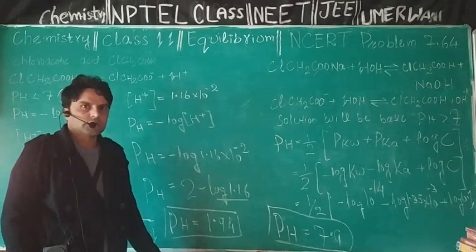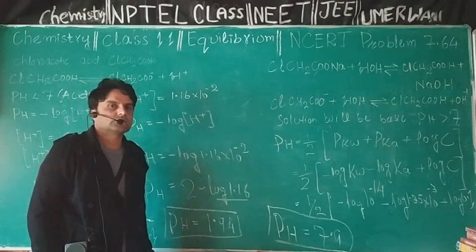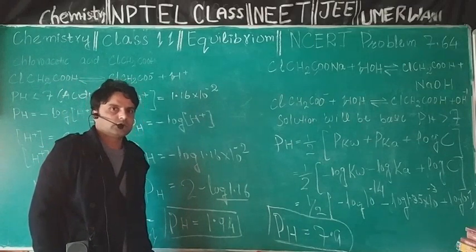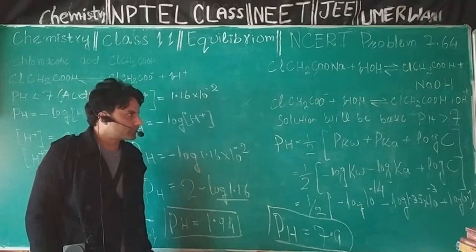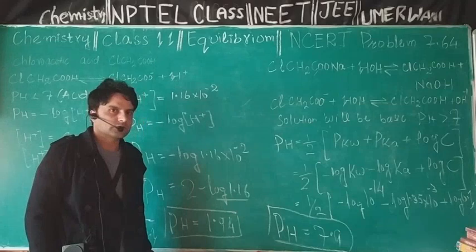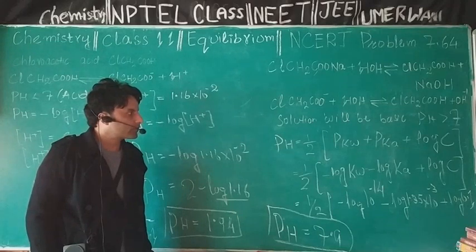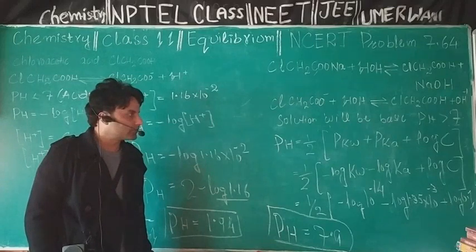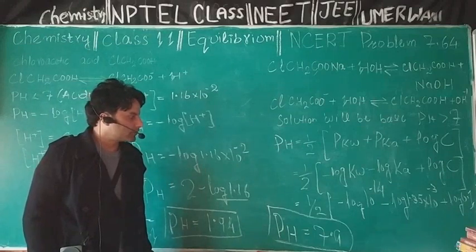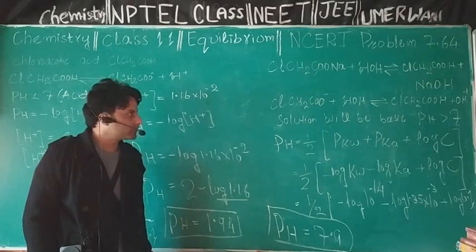For calculation of the pH of a salt solution of a strong base and weak acid, there is a particular formula: pH is equal to 1/2 of pKw plus pKa plus log of C. Using this formula, we first express pKw as minus log of Kw and pKa as minus log of Ka, and then we substituted the values of the fixed parameter Kw and the known parameters Ka and C. After evaluation we found that the pH is equal to 7.9, which is greater than 7,